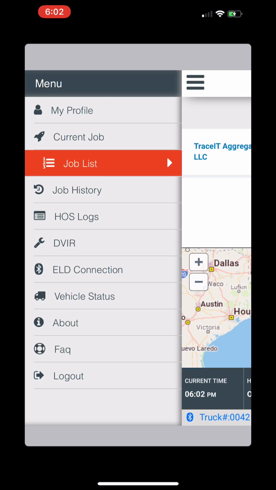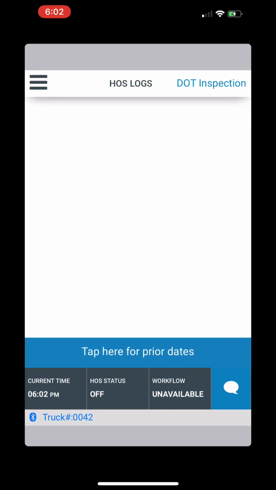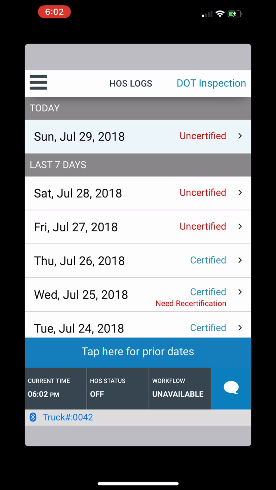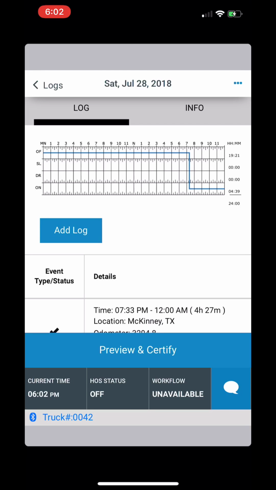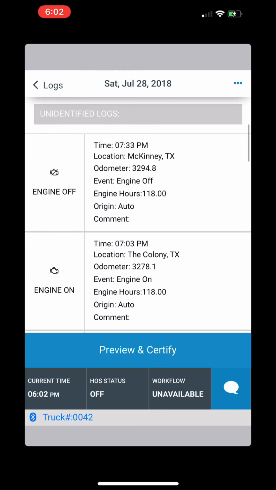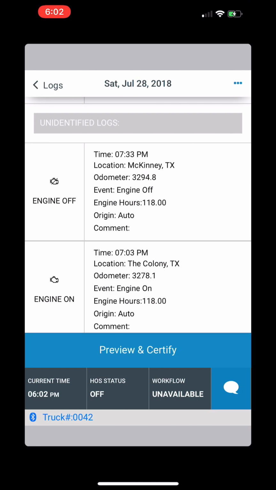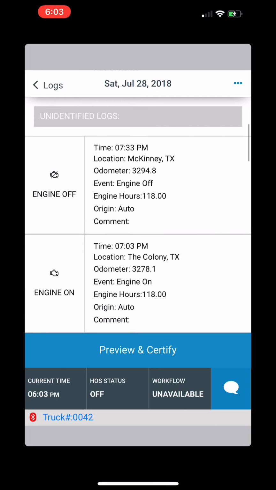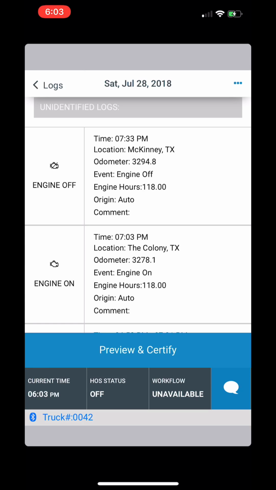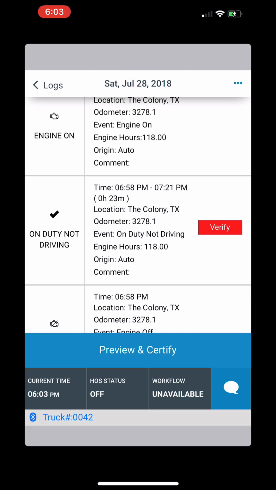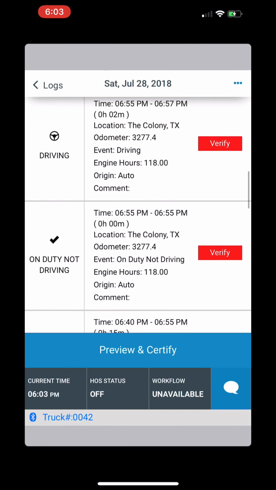The other is by pressing the menu button in the top left corner and going down to HOS logs. And then simply go down and look through the log files that you have and scroll to the very bottom. In this case, for July 28th, you will see that there are several unidentified logs in the profile here. Now, some of these entries are things like engine on, engine off, and any intermediate log file entries,